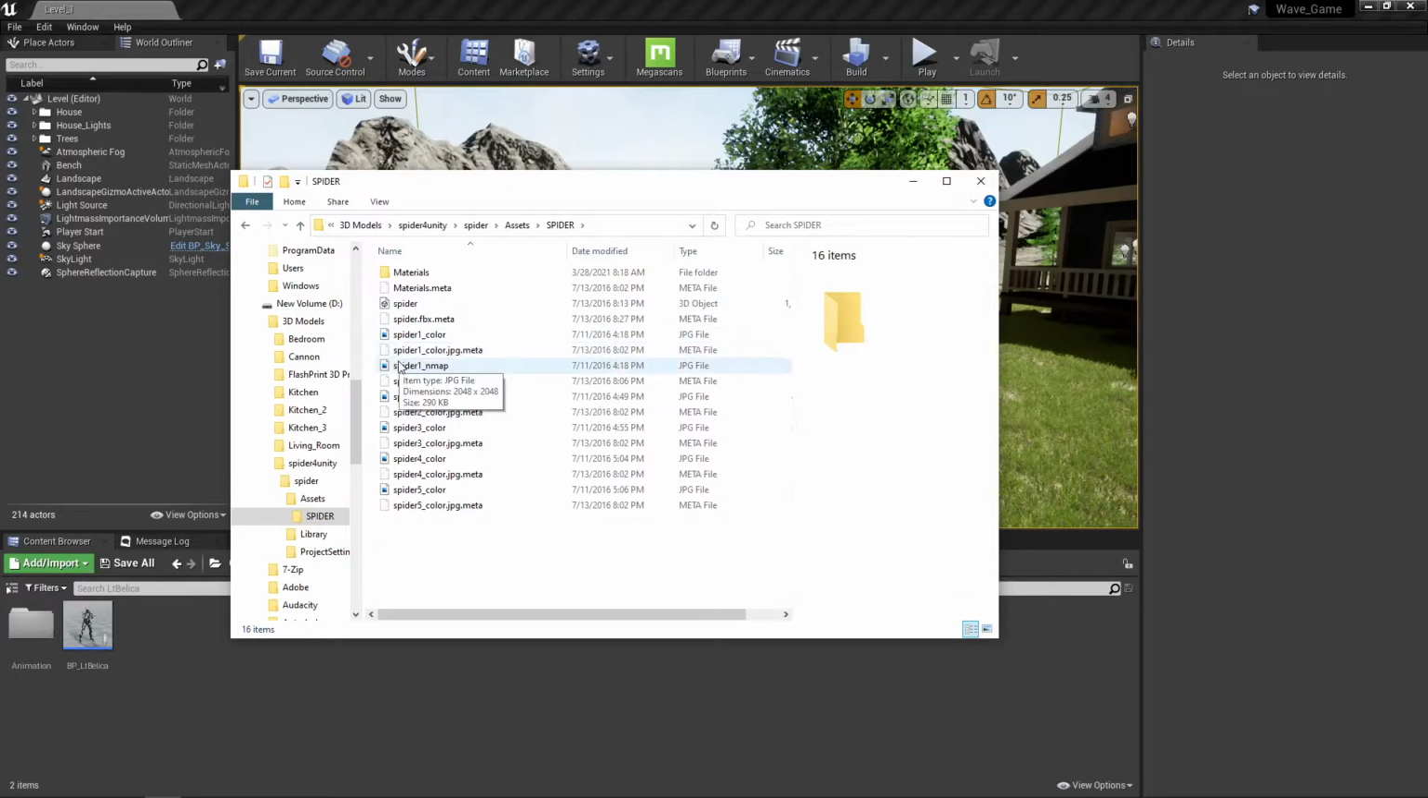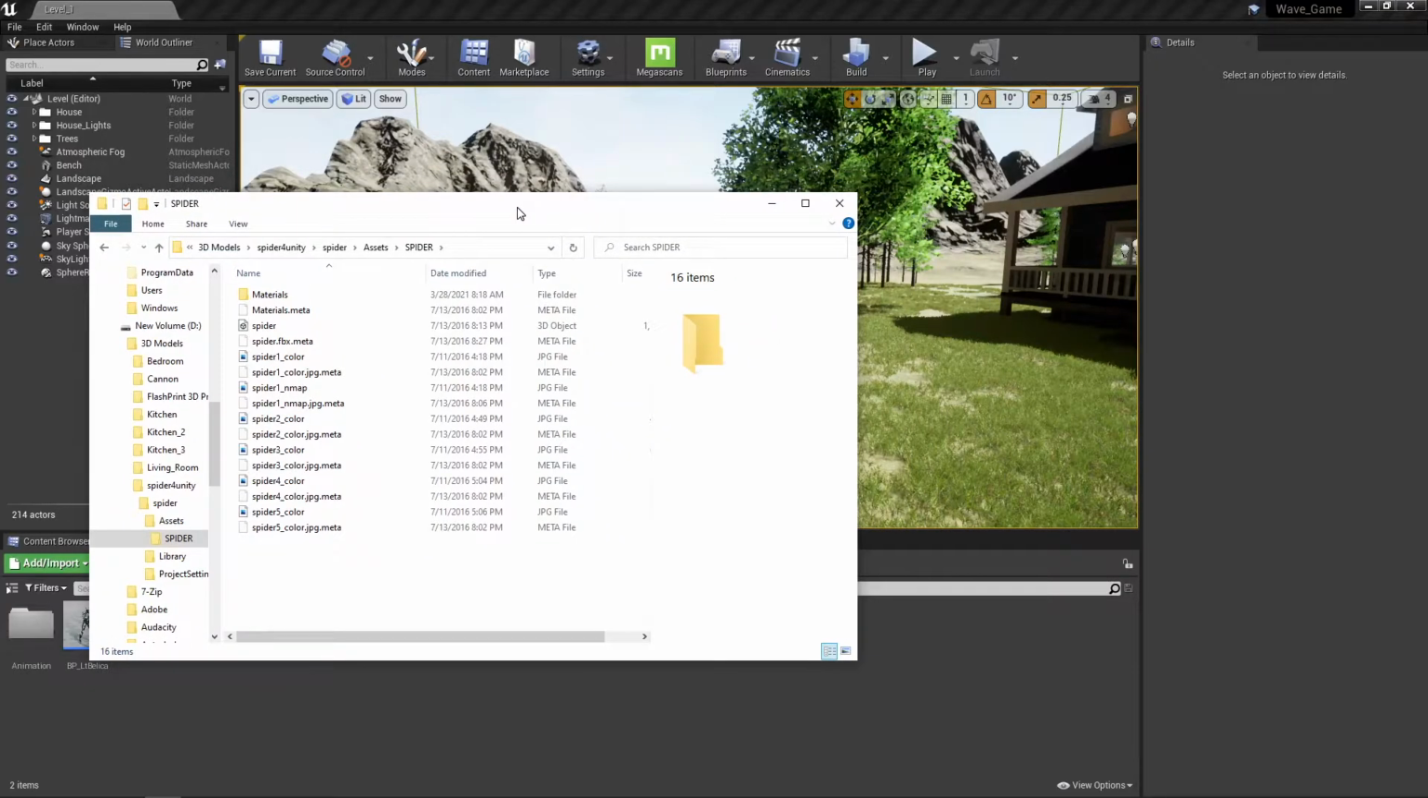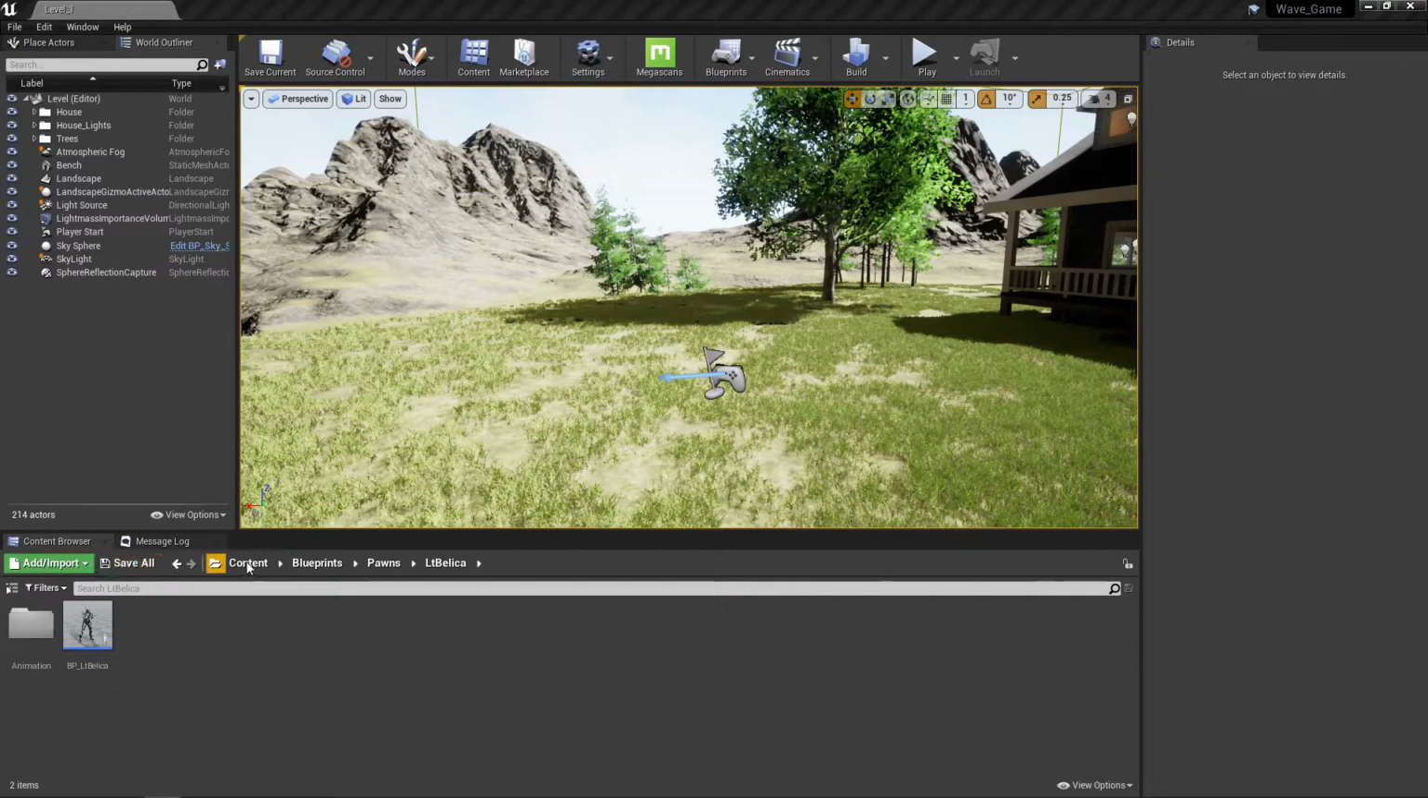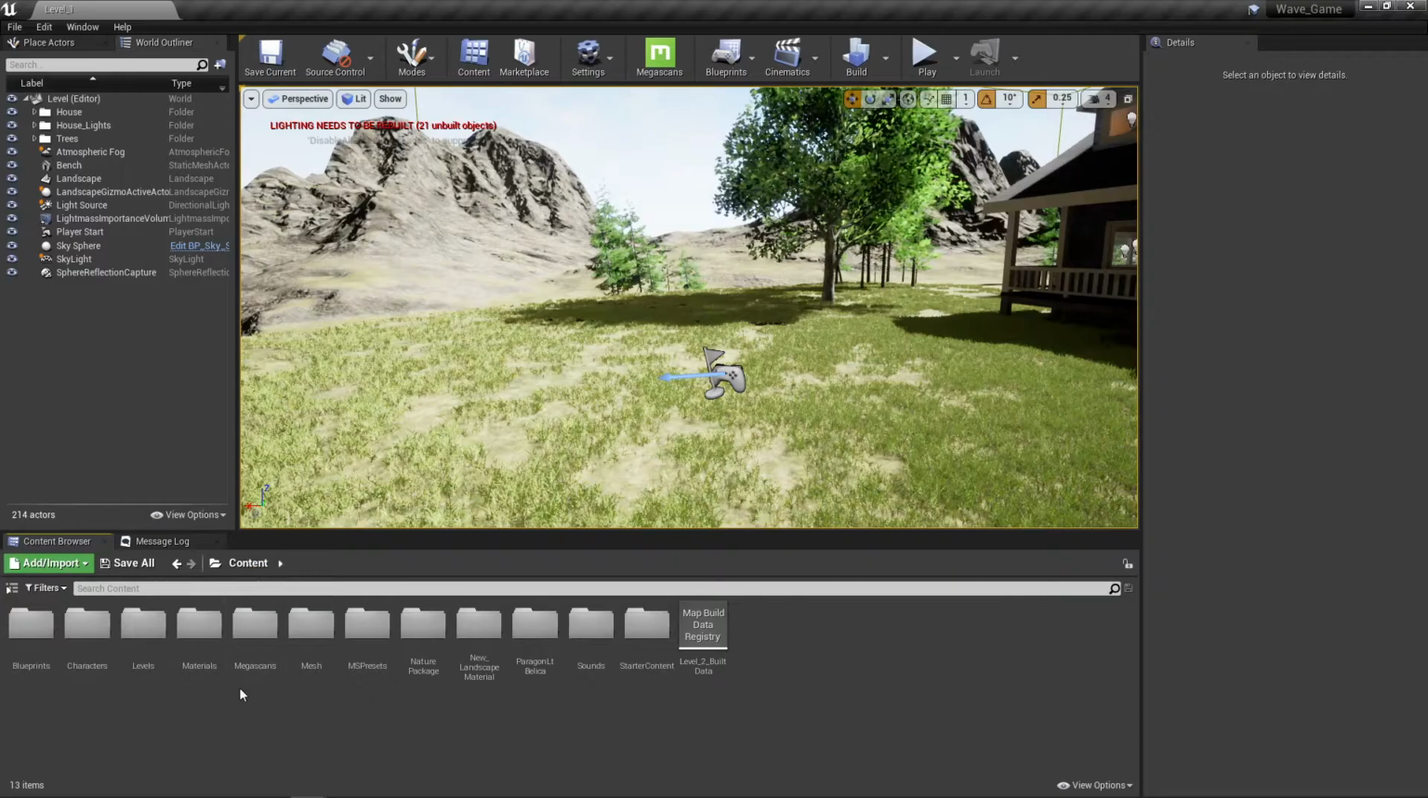There are several different color maps here. You see color. This end map is the normal map, so that's something we're also going to need. We don't need the JPEG metas. We're just going to go ahead and pull in the color ones there. So I'm going to pull this off to the side for a second. Go back into my content folder, and